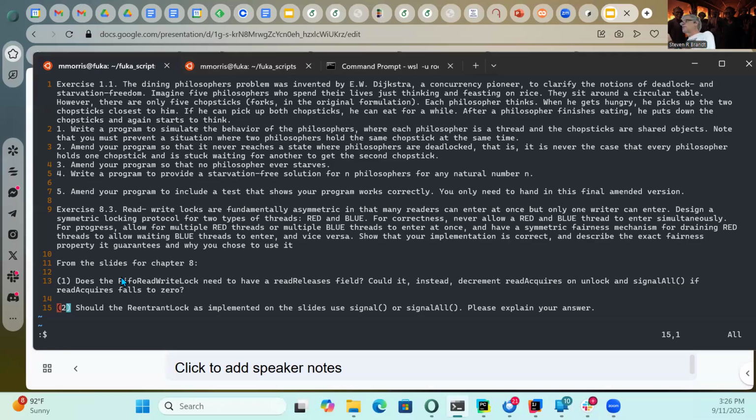Sometimes when you ask a question, you don't have the same perspective as somebody answering the question. Well, okay, it's a perfectly valid thing for you to do as a programmer to use signal all, just to be on the side of caution. I would support you doing that. If you're worried about speeding up your application and you think you're waking up too many things and that's causing you performance problems, then you can explore these kinds of things. But as a programmer, just being defensive and using signal all is a reasonable thing to do. All right.